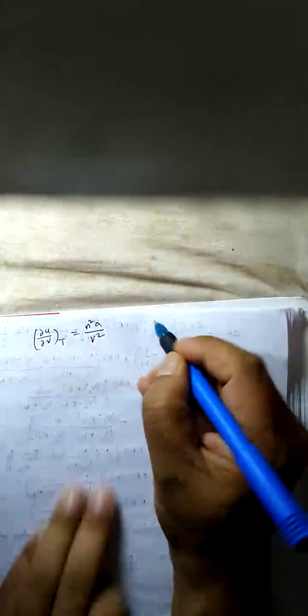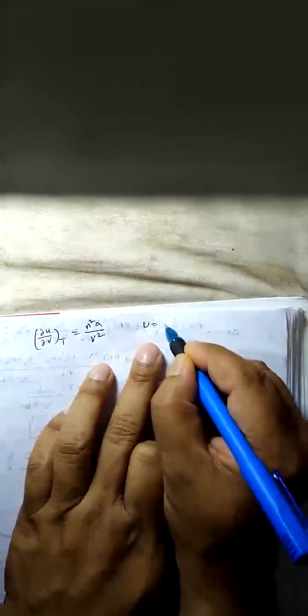Then what we get? Now we get ∂U/∂V at constant temperature is equal to n² a by V². Now my equation, I write this equation once again, so it is easy for me to apply, because we know that